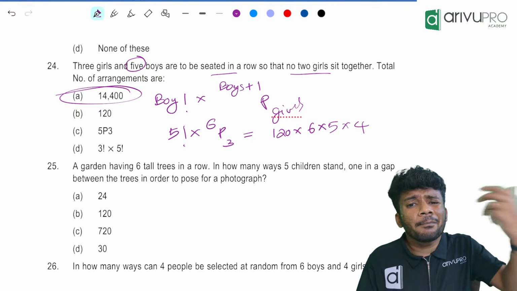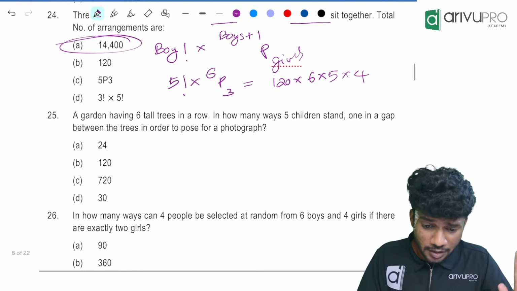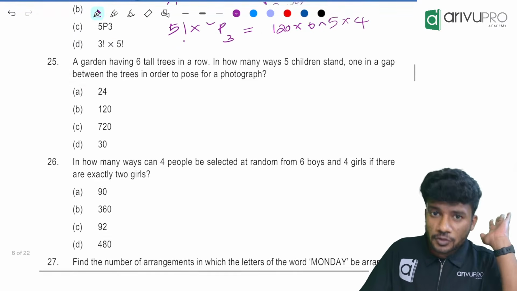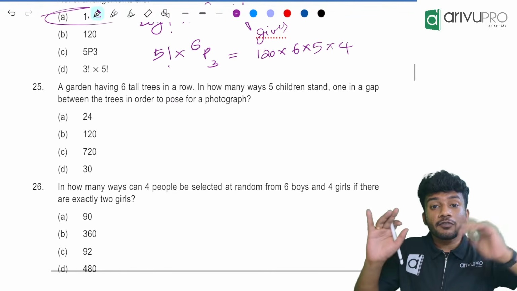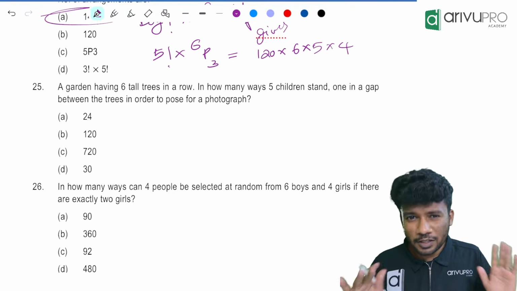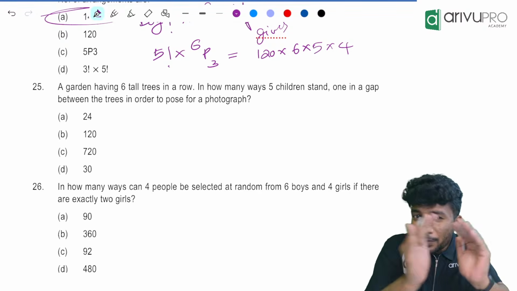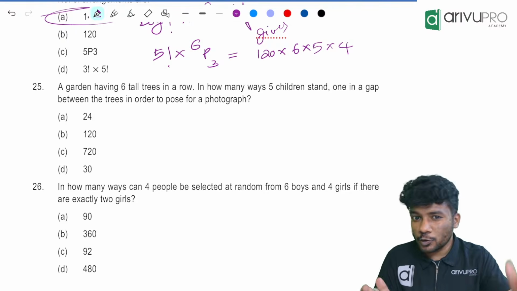Sir, if I leave the chapter permutation and combination, will it be okay? Yes, Kushbu, that is completely fine. High weightage is not there. You might lose 4 plus 3 plus 4, 11 marks, but if you are preparing for the May attempt, you have the time to leave it. You don't have much time to learn it, so you can skip it, but try to watch the basic PYQ videos. You might get a repeated question directly.